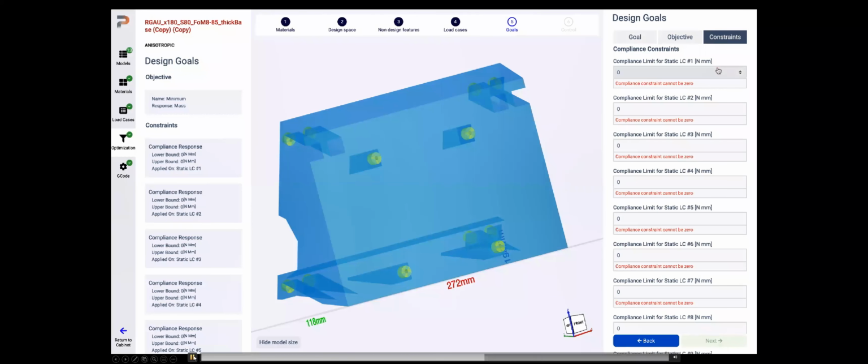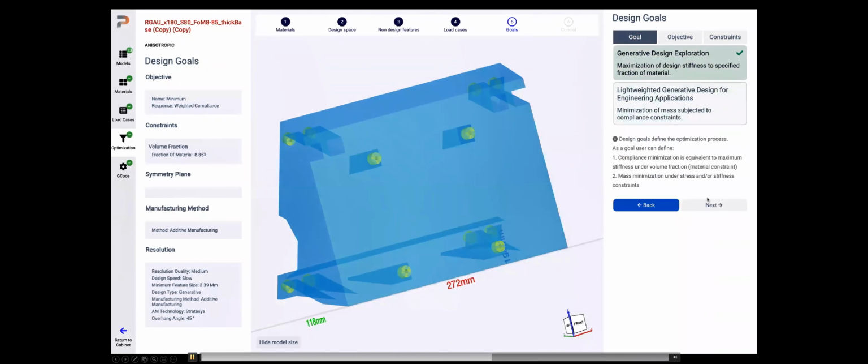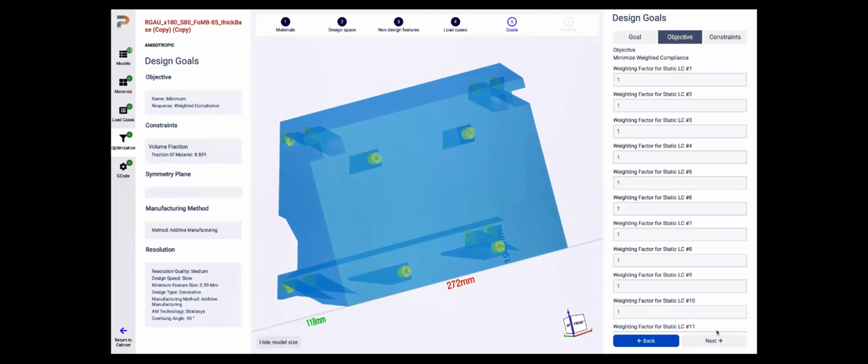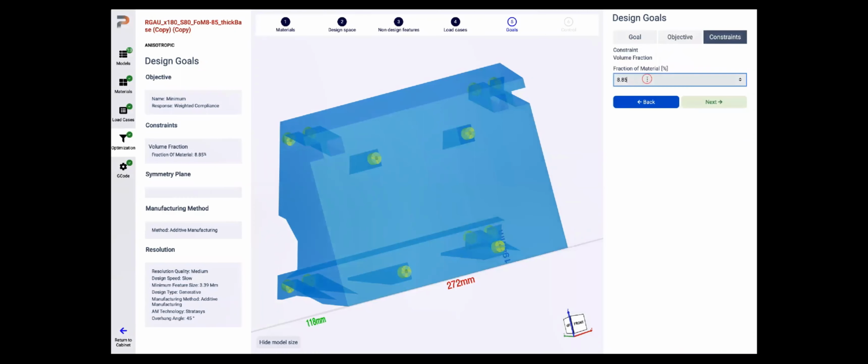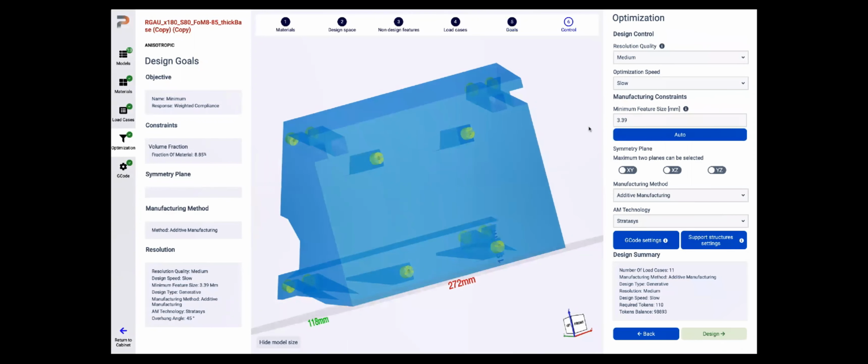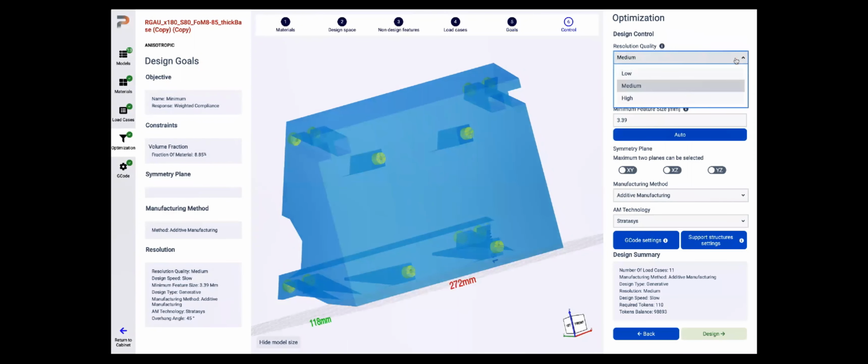And the next step is to define goals, what we would like to achieve: to maximize part stiffness or to minimize mass under stiffness constraints. So here we wanted to maximize the stiffness and use only 8.85% of the material, meaning we will remove 92% of the material. In the last step, users define the finite element resolution and minimum feature size to ensure the manufacturability of the